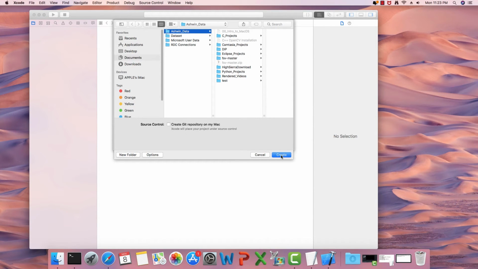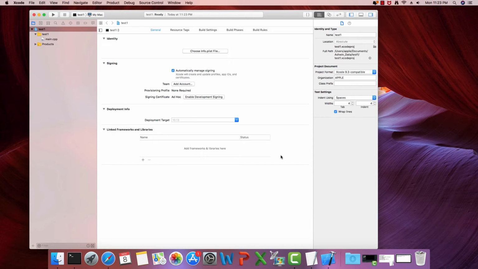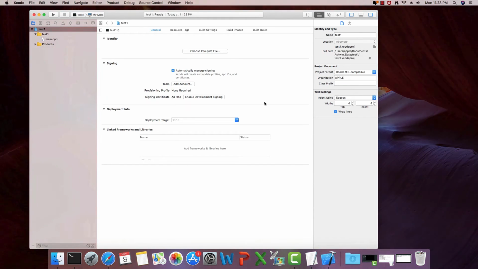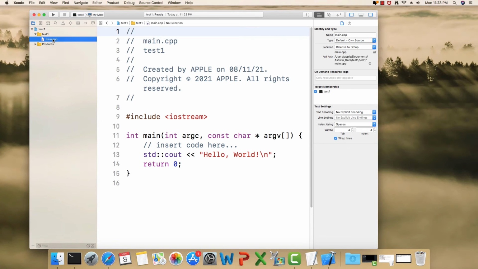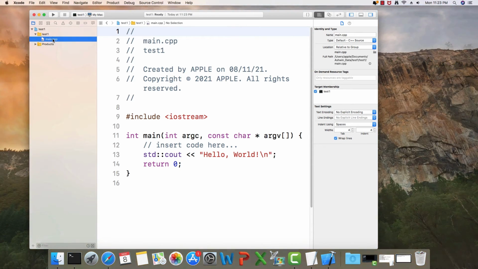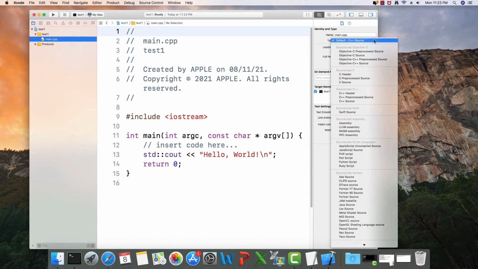I'm just going to click create, and it is going to create an empty C++ project in that directory. Basically, it is going to create a directory known as test1, and in that an empty main.cpp file. Now here we can say default C++ source.